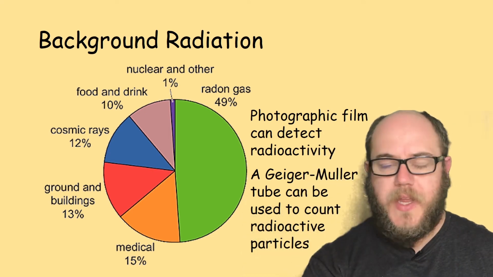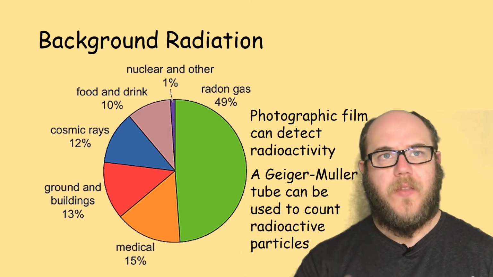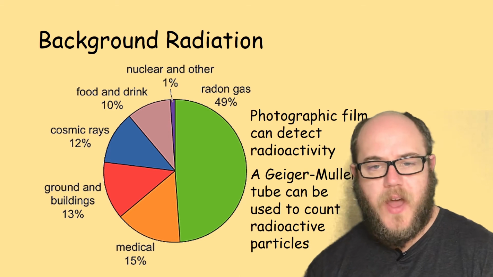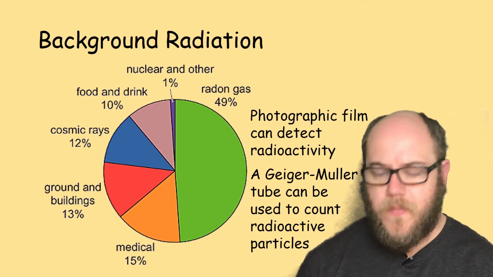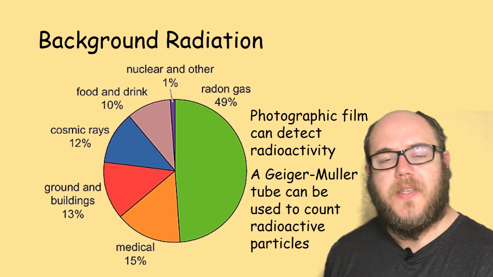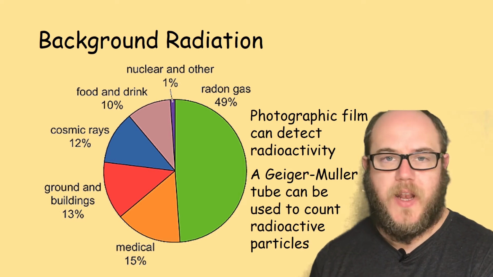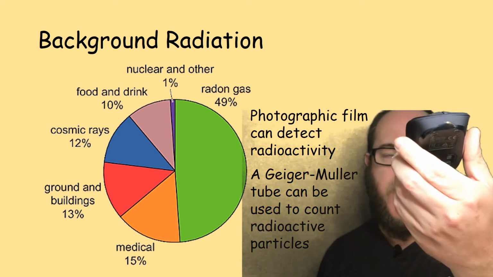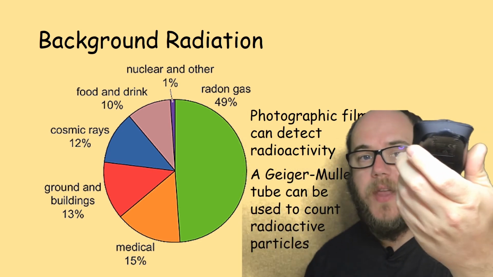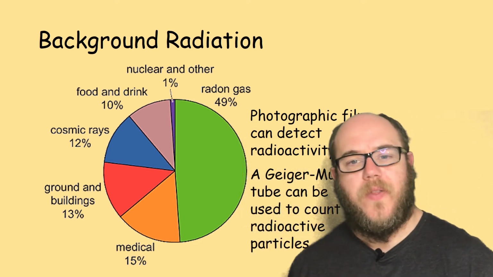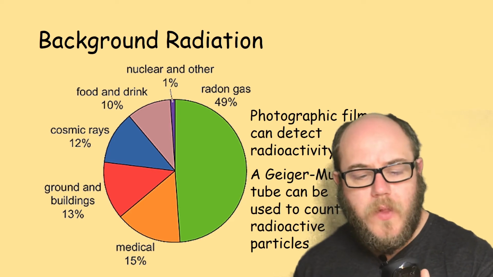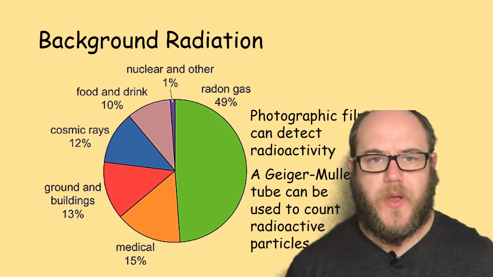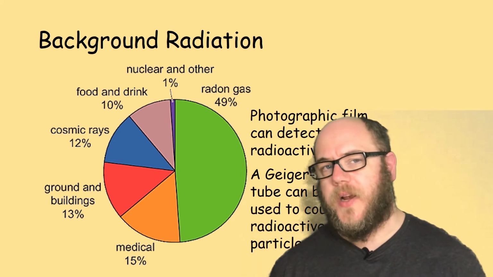Now, what I need to do, because of background radiation, is before I expose it to the light, I need to find out how much radiation is in the room. So I'd allow it to just sit there, not looking at anything particularly radioactive, and just find out what the background count is. Then I would put it at my radioactive source, do the count again, and take away the background count. Sometimes this thing will just do a couple of clicks, click, click, click,